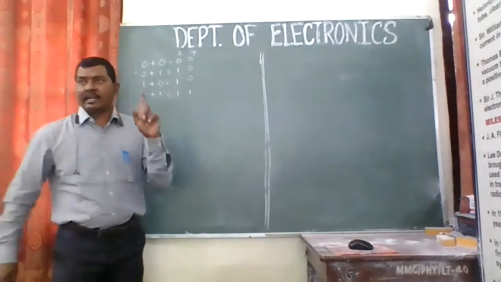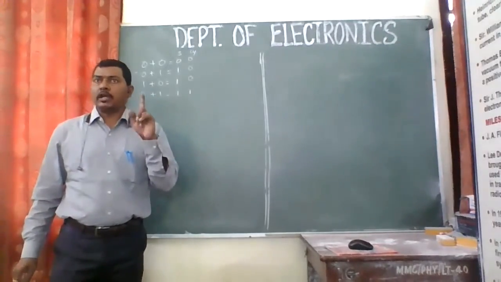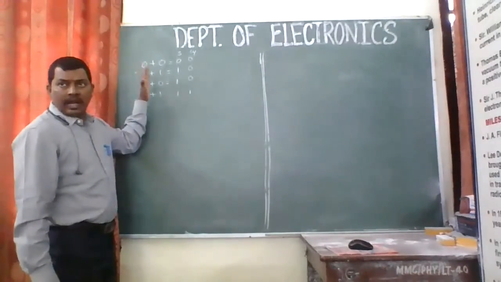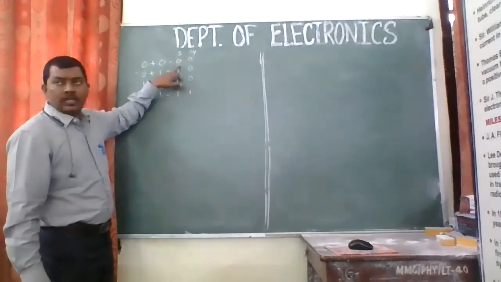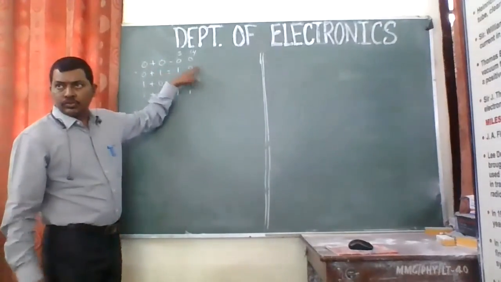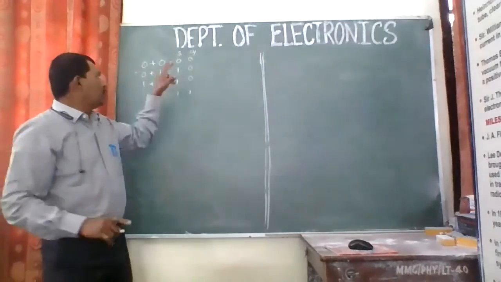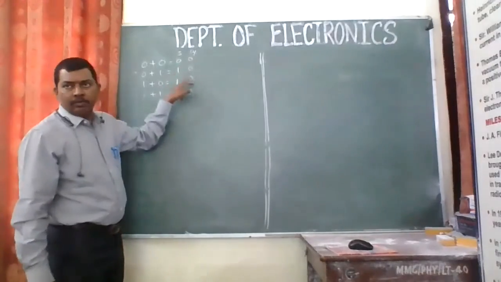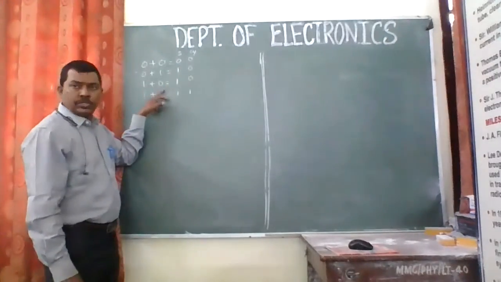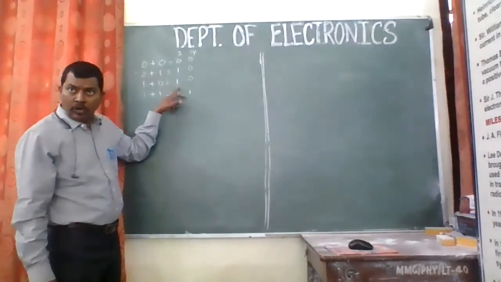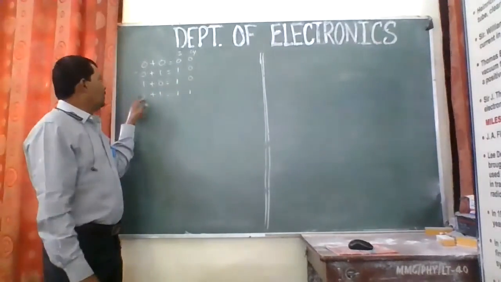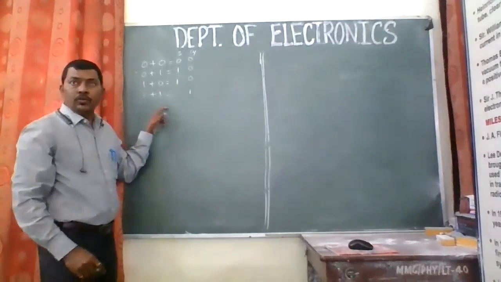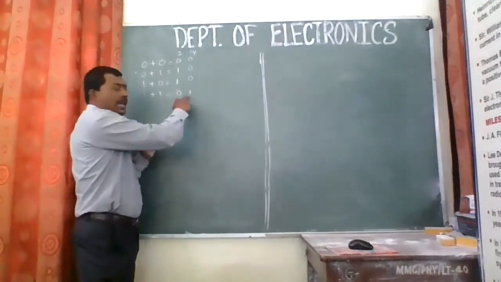This is for one bit addition, right? What we are adding? We are adding one bit only. Okay? So these are the rules. And if you see this addition, 0 plus 0 will give you, the sum will be 0, the carry will be 0. So we'll have two outputs and two inputs. 0 plus 1 will give you, the sum will be 1, carry will be 0. Similarly, 1 plus 0 will give you sum 1 and carry 0. And 1 plus 1 will give you sum 0 with a carry 1.